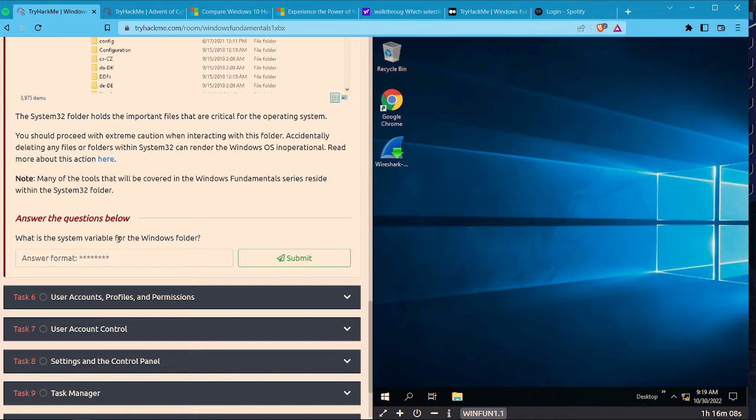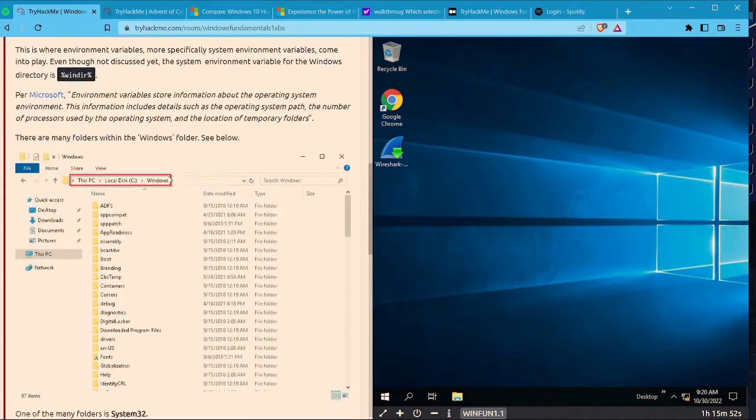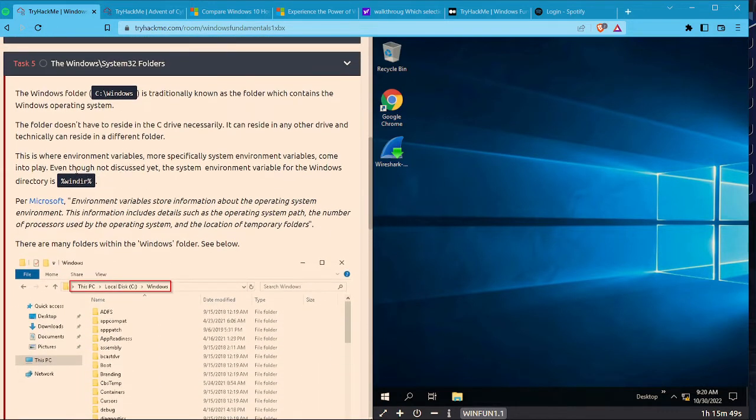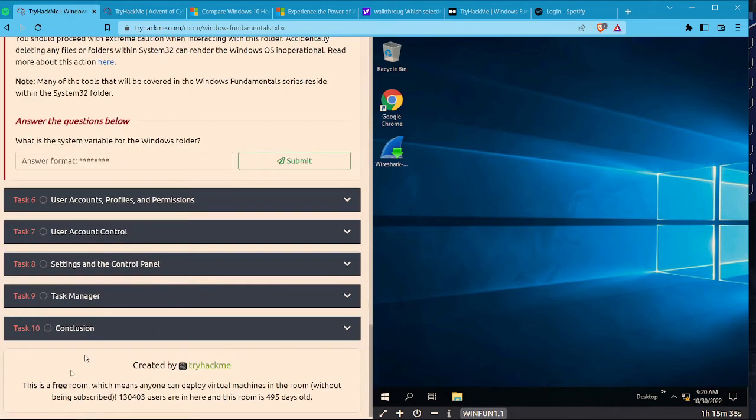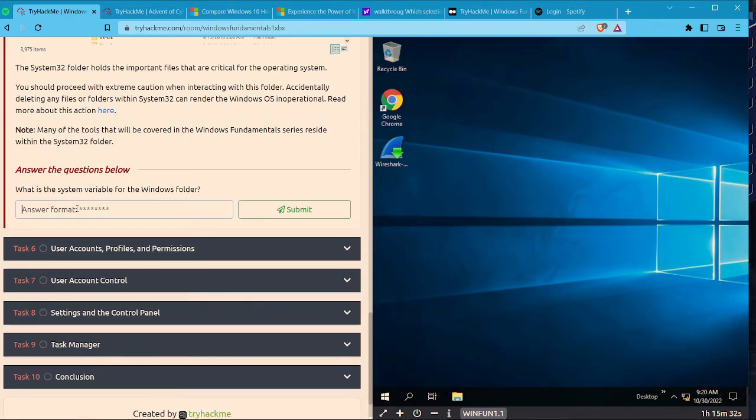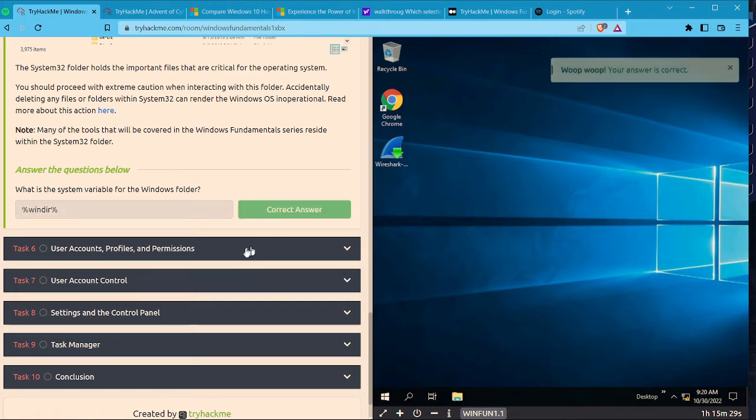What is the system variable for the Windows folder? System32 or what? System variable. %windir%. What is the system variable for the Windows folder? That is the correct answer. Okay,